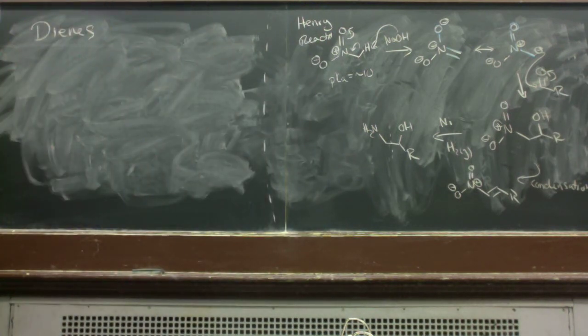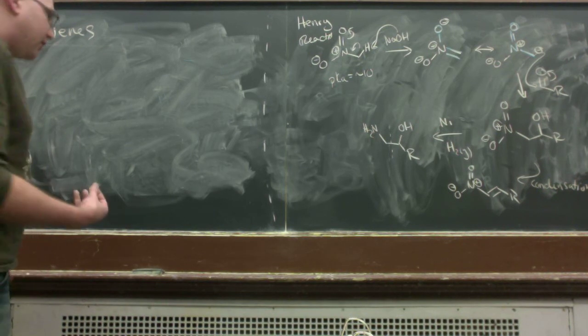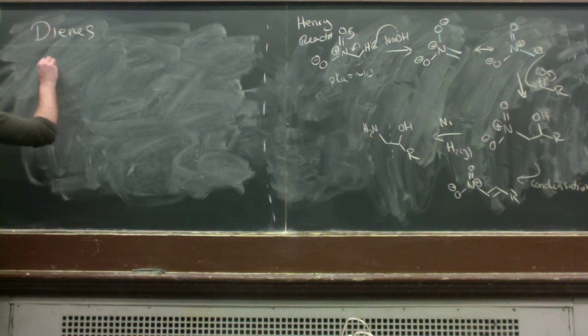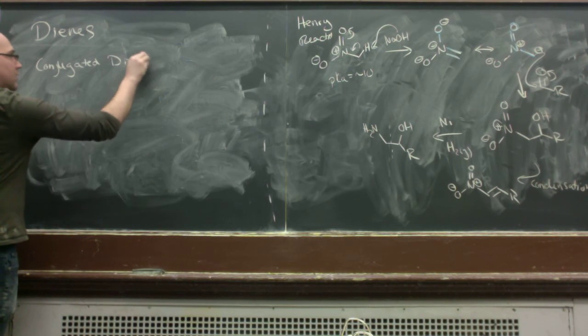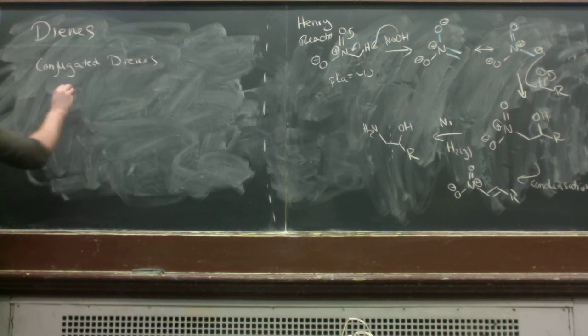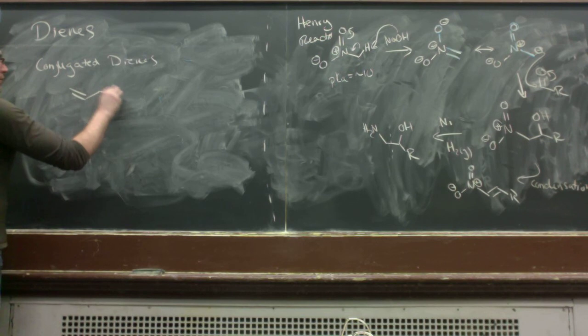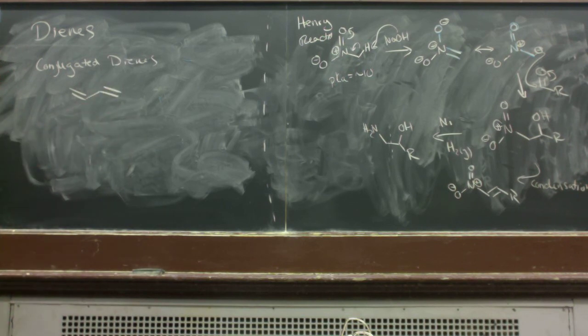Largely throughout the course today, we'll be talking about the two reactions that I'm going to really stress. One of them involves conjugated dienes. That's when we have alkenes that are connected,